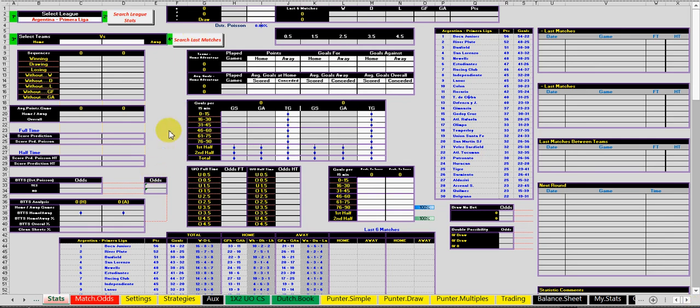Hello everybody. In this video we'll try to explain in more detail how this file works, especially the tabs stats, match odds, strategies, and these two green tabs as well: the 1x2s, under and overs, correct scores, and Dutching and booking. So starting on the stats,